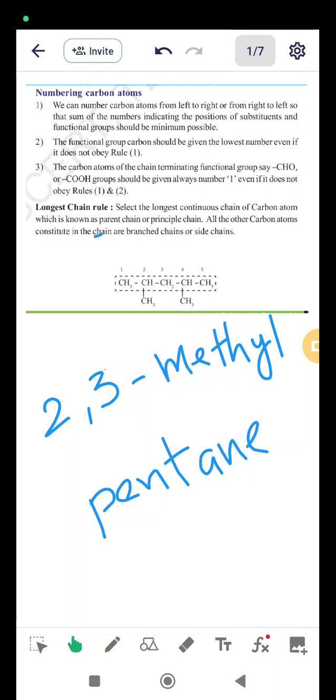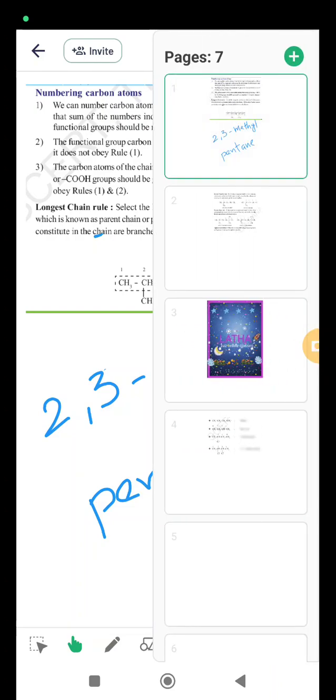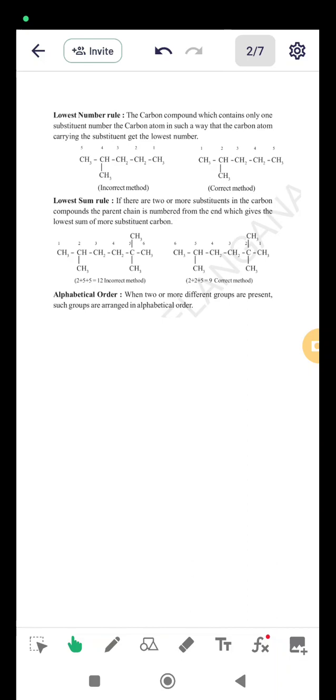Methyl, and this is pent, and all are single bonds here. So this is an alkane, so you can write the last one, that is ane. Okay, so this is the name of this organic compound. So let us see